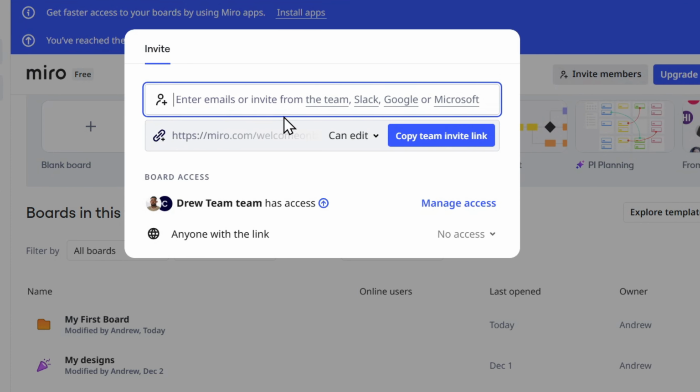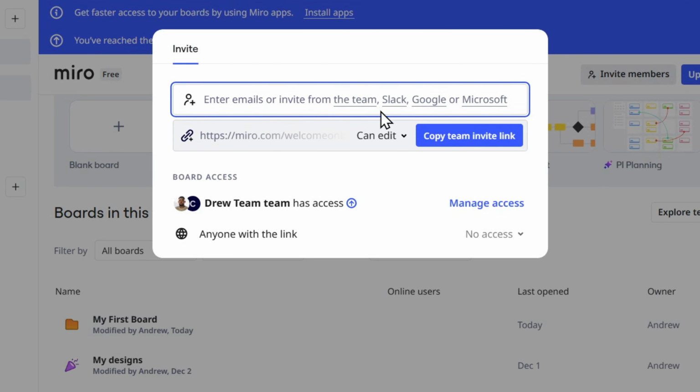You click on that. And from here, you can enter the email address or even invite someone. That can be through Slack, through their Google account, or even through Microsoft. It's really up to you. Or you can just simply go ahead and copy the link to the board. As you can see, copy team invite link, and you can easily go ahead and share that link with the